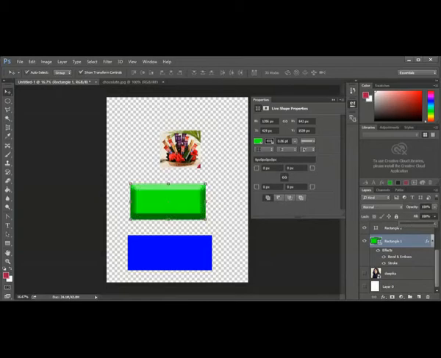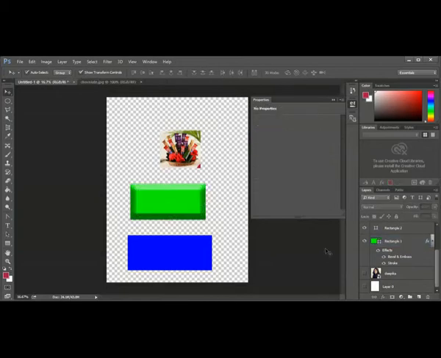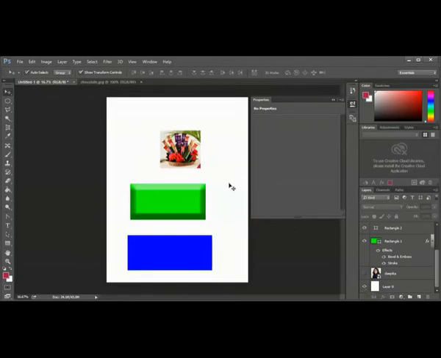Let me put it back to 100%. Now, we have completed this. And now let us see what is this blending mode. I will switch on the bottom layer. So I'm in the bottom layer now.